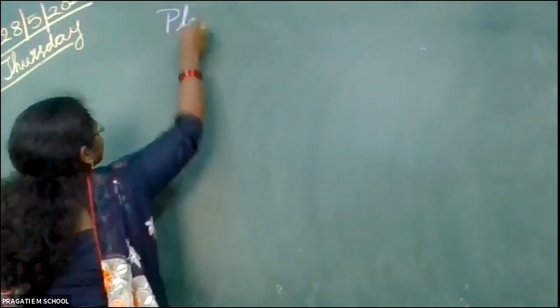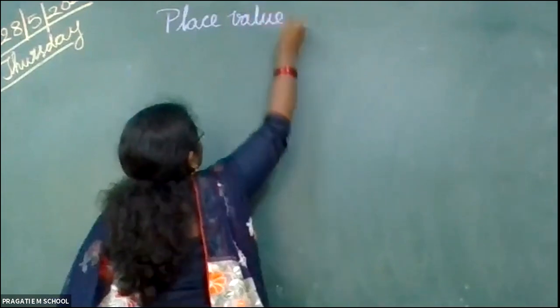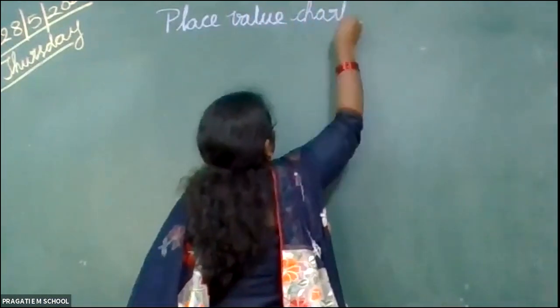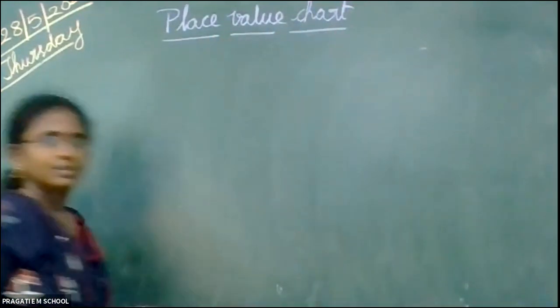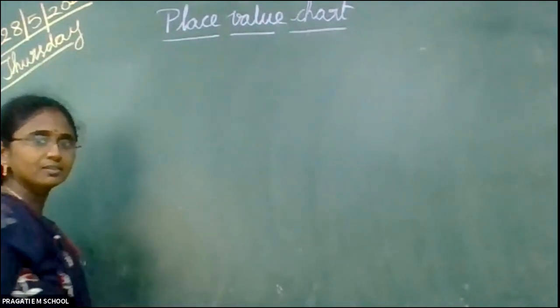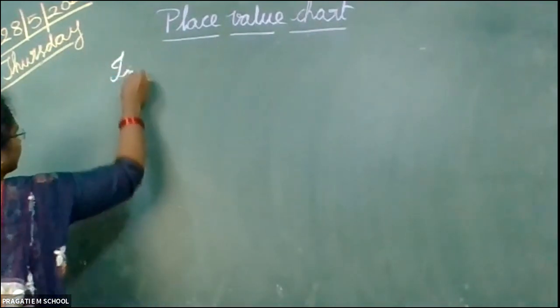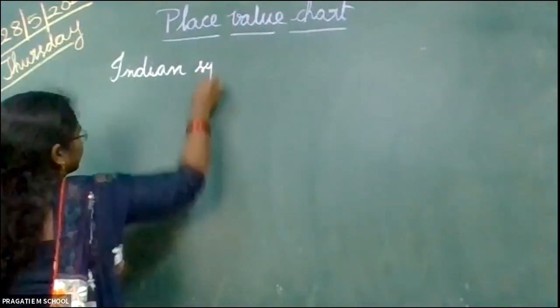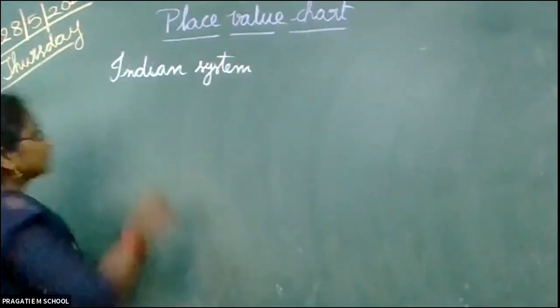So place value charts are two types. The first one is the Indian system. And the second one is